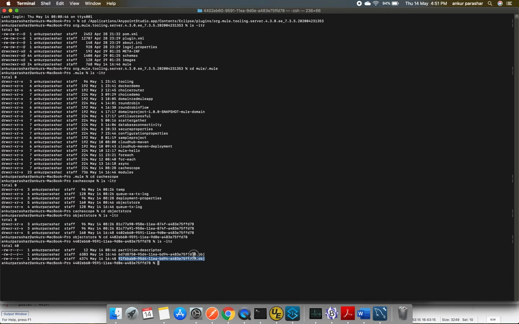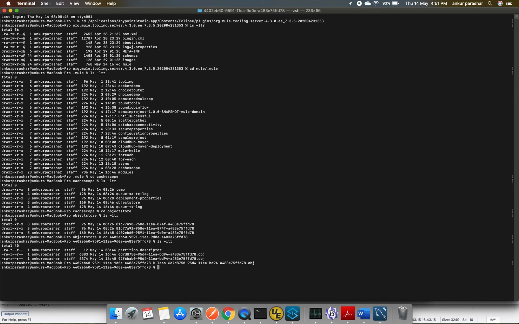If you open any of these object store files, you will not be able to understand much out of it, but let's try to see what is inside there. So it shows something like a persistent object store partition, then the partition thing, and more or less I am not able to figure out much out of it, so better to skip this one now.